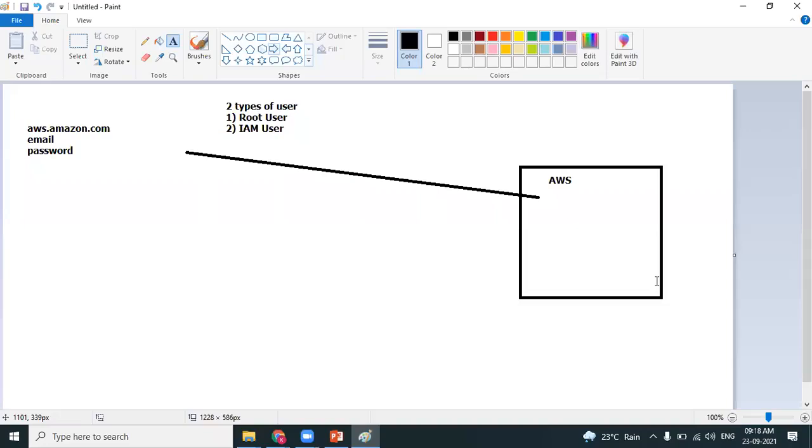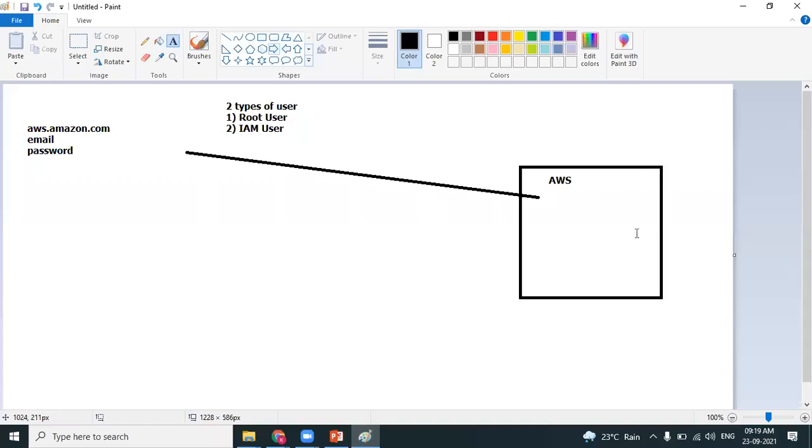Whenever you sign up for an AWS account, when you're creating a new AWS account, as we learned on day one, by default you get a root account. From day one, we are all logging in with the root account. The root account is a high level account, something like an administrator. He can do anything. If AWS is providing 200 services, he can connect to any service, whichever he wants. He can experiment. There is no restriction. That's about the root user.